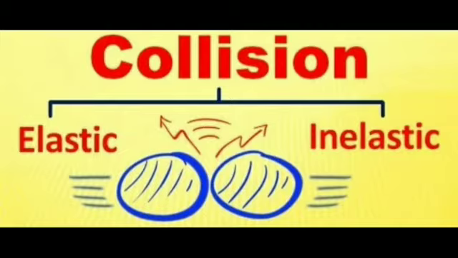Next topic is collisions. Collision is a common phenomenon that happens around us every now and then. Collisions can happen between two bodies with or without physical contact. Linear momentum is conserved in all collision processes. When two bodies collide, the mutual impulsive forces act between them during the collision time. This causes a change in momentum, delta P1 and delta P2.